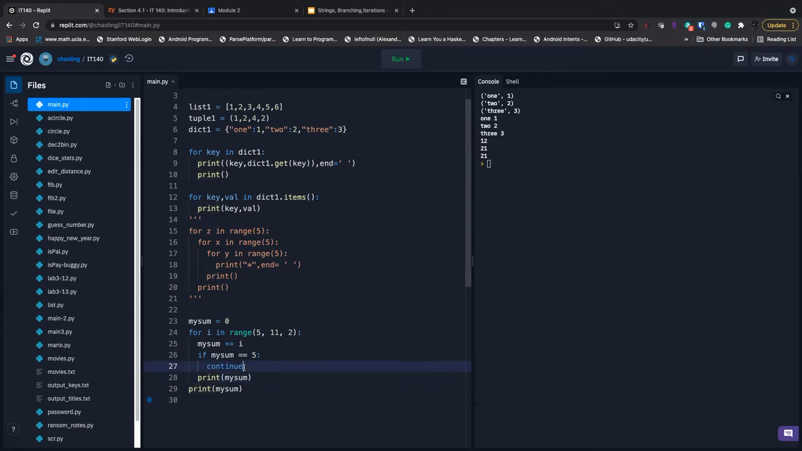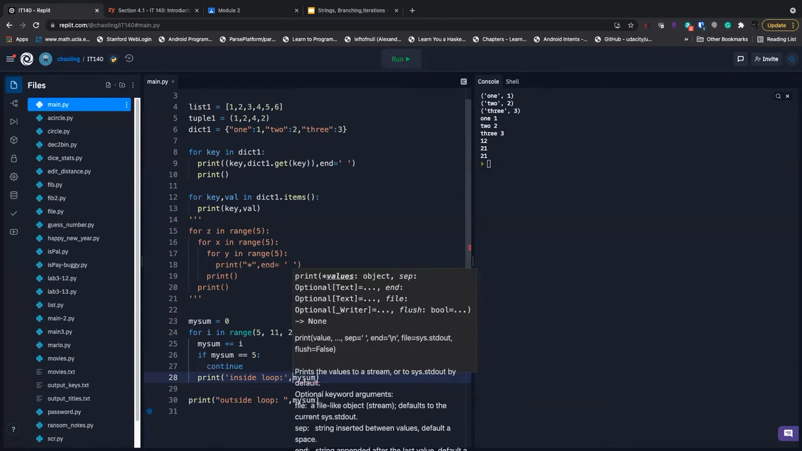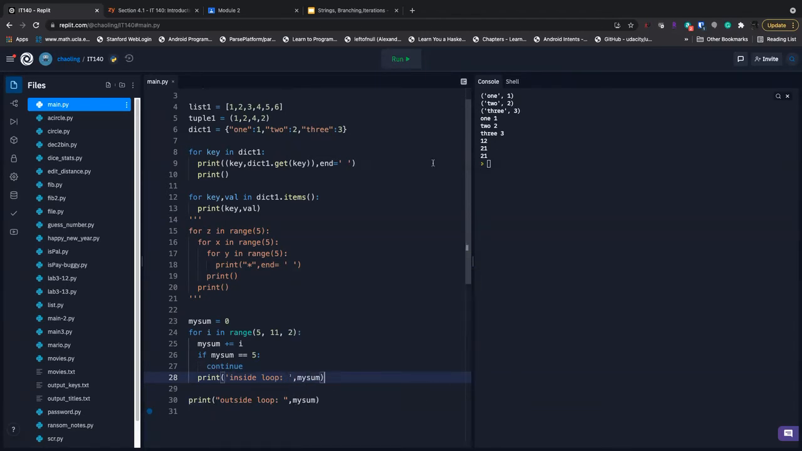Instead of using break. Break means I'm done with the loop. I'm out of the loop. This is the outside loop statement, right? Let me just say outside loop, comma my sum, and this is inside loop. Okay, so yeah, let's run it. Okay, you can see first of all your inside loop, and so next time the my sum is 5 plus 2 is